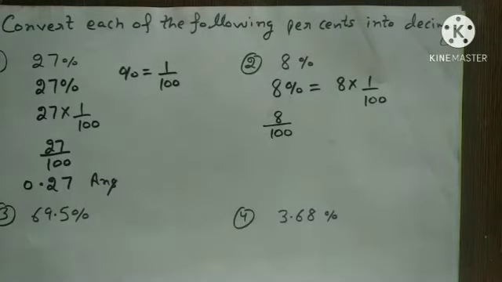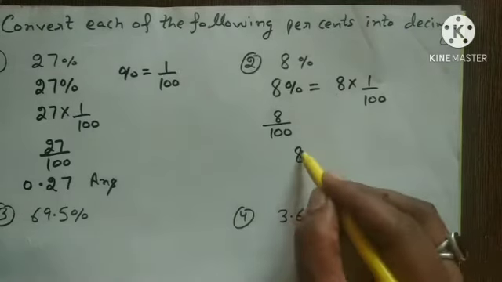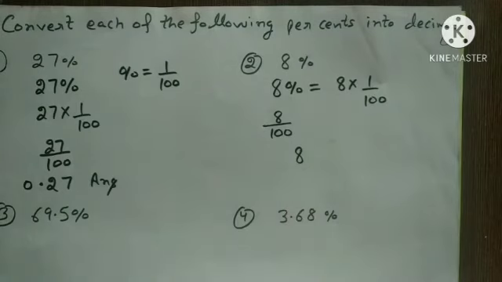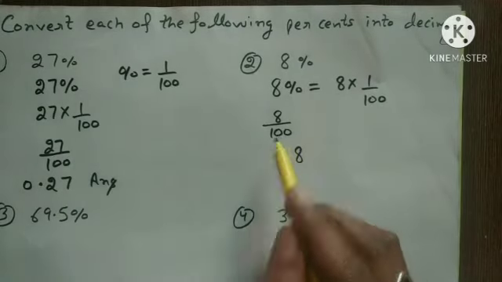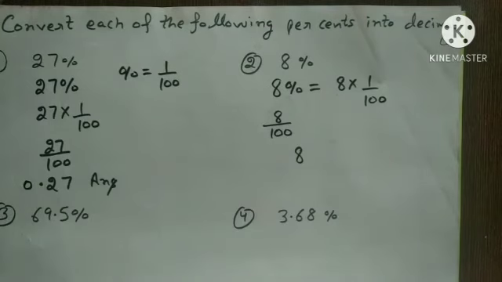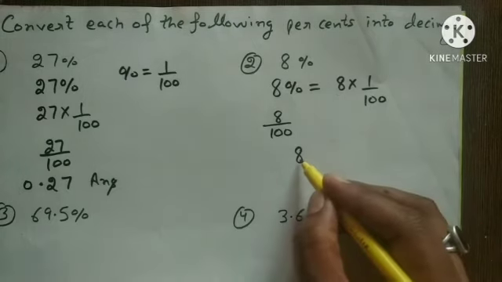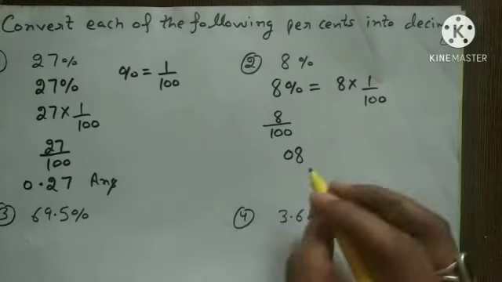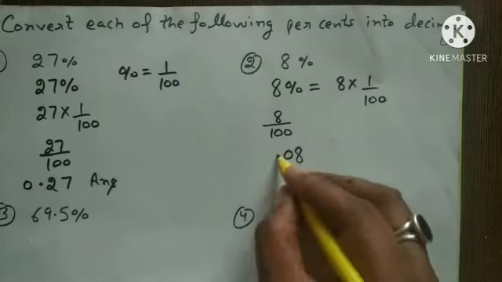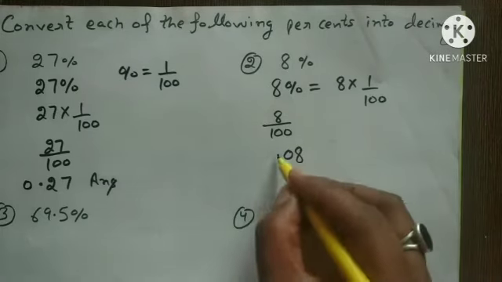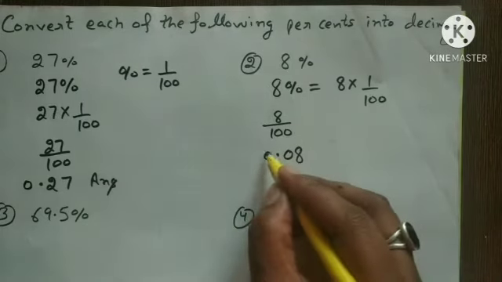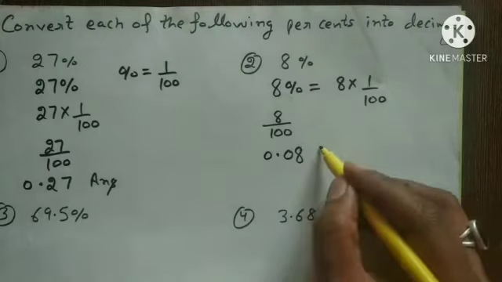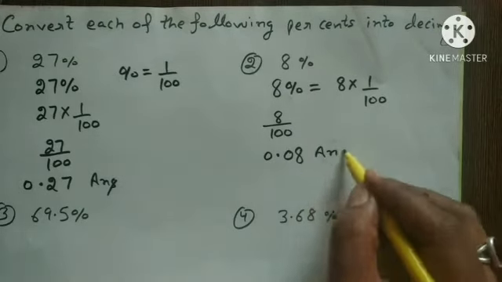Now I will convert this decimal fraction to decimal number. So firstly I will write the numerator and I see how many zeros are there in the denominator. There are 2 zeros in the denominator. So I will mark decimal counting 2 digits from the right. So this is 1 digit and there is no second digit, so I will write 0 and make the 2 digits and then mark decimal. Okay, so before decimal I will write a 0 to show its presence. So this is my answer.